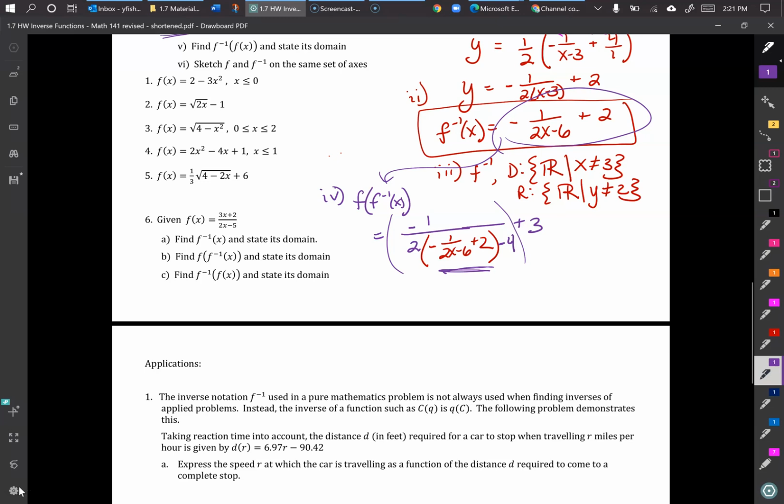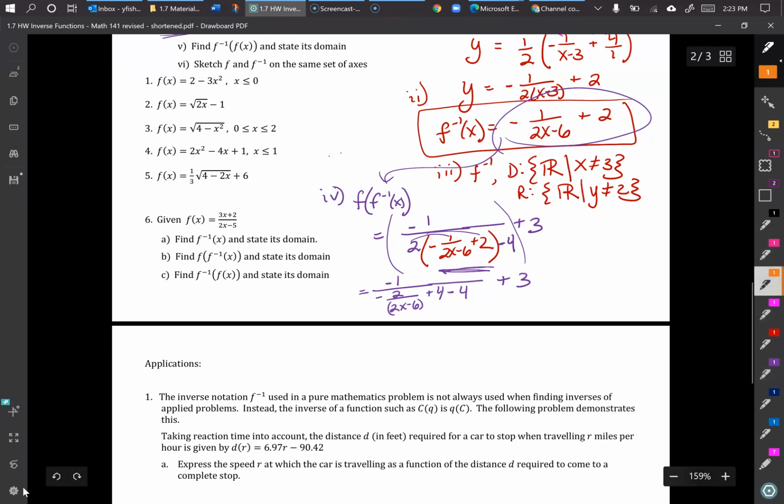the way we deal with this is we're going to distribute this 2 here. So we're going to have -1 over -2 over 2x minus 6, and then plus 4. 2 times 2 is 4, and then -4, and then our +3. Okay, so this is nice because this will go to 0. So then I just carry on down here, -1 over -2